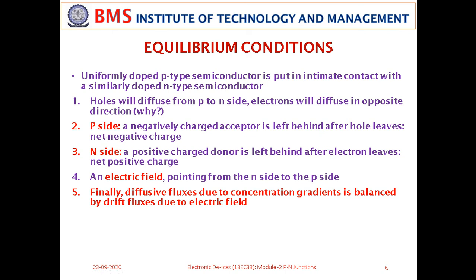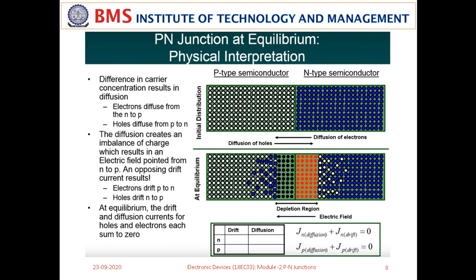If this is not understood properly, you will feel difficulty in understanding even transistors and high-end electronic devices. So pay attention to the movement of charge carriers in the p-n junction. The p-n junction is a fundamental device, and understanding this will help you understand advanced electronic devices as well. And look at the field here: an electric field is formed from the n side to the p side. Let me go back to the same diagram I have shown.